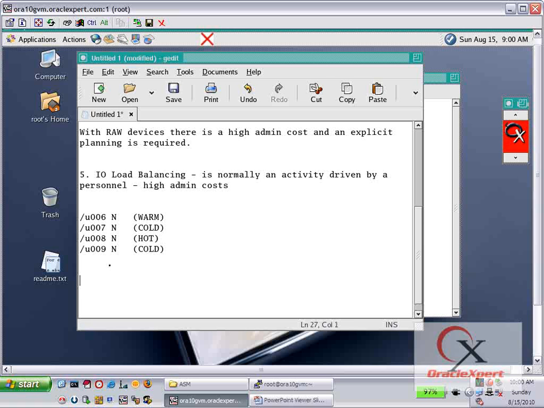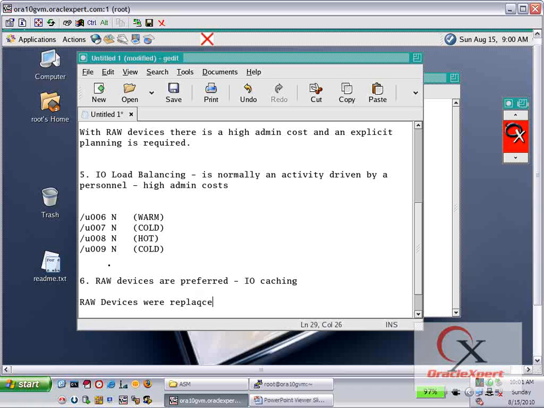Traditionally, whenever it's a clustered environment, raw devices are preferred. That is because there is no IO caching. And whenever there is no IO caching, the performance given by such devices is good compared to block devices. So block devices don't offer you as good performance as could have been offered to you by raw devices. So traditionally, the only way to implement a cluster where IO requests are coming from more than one computer was possible only when you use raw devices, which for ease of use, raw devices were